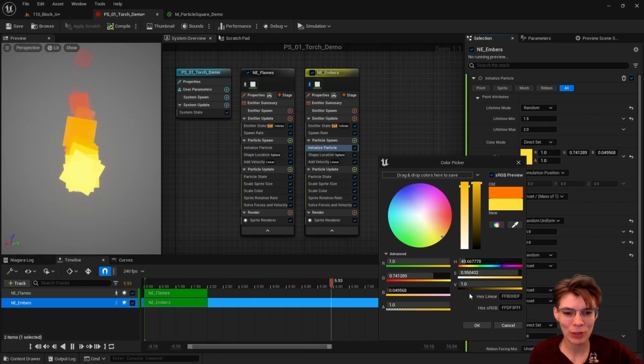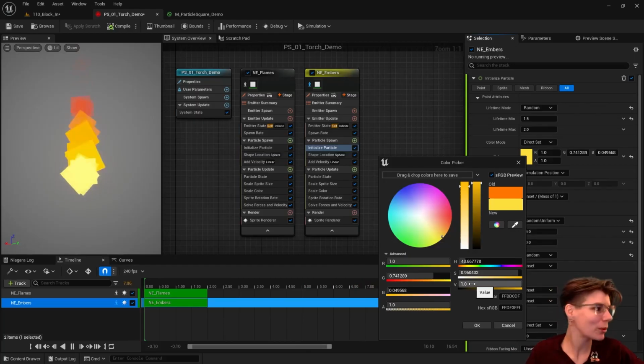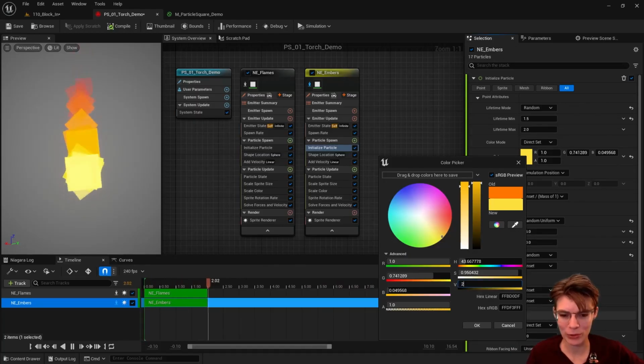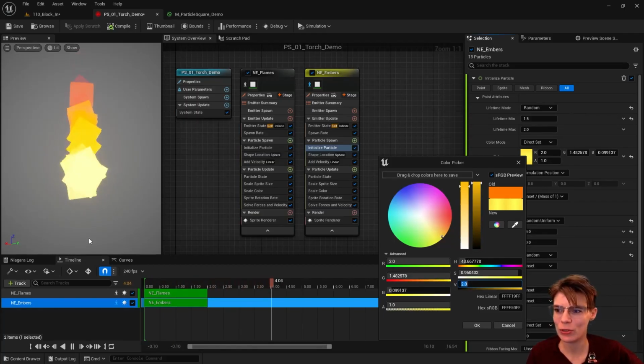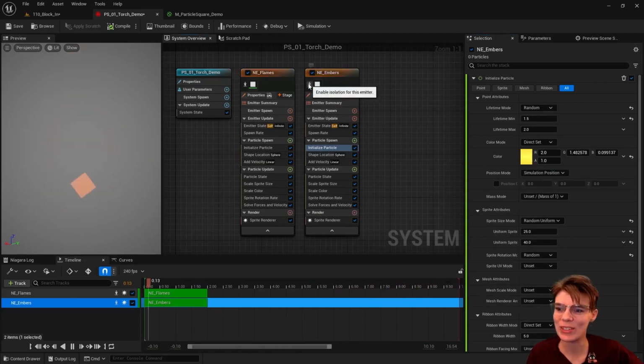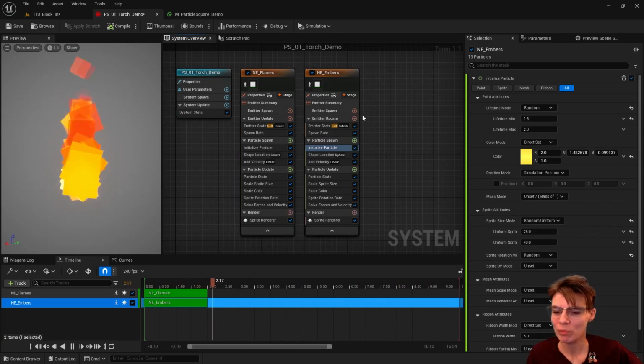So we're going to default them to be more yellow than orange, but we're also going to revisit those little glowy value cheats of pushing value past 1. So we're going to set our initial value to 2 here. And if we unisolate real quick, you can see how much of a difference that's starting to make. Since these are drawing behind the flames right now,